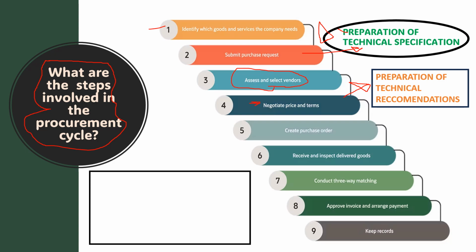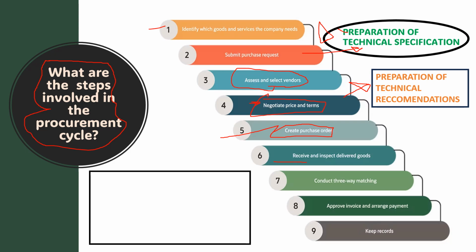After that, this negotiation of price and terms is done by your commercial team, and your commercial team then issues the purchase order. Purchase order is, you can say, the go-ahead, in which all the materials which we are buying are mentioned. What will be the quantity, maybe the delivery period is also there, and what's the exact cost that needs to be paid to the supplier. Everything is mentioned in this purchase order, guys.